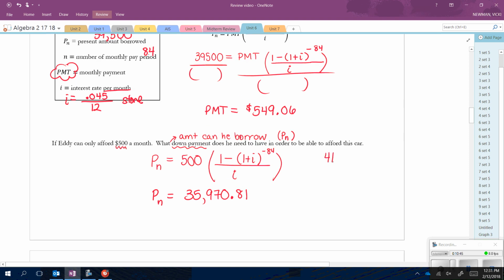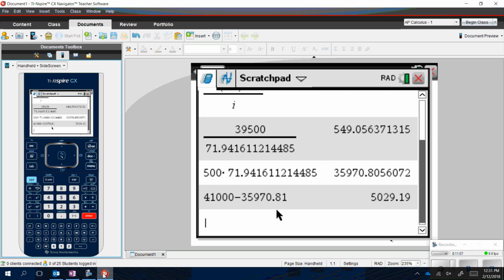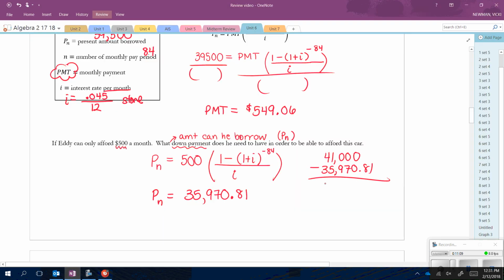So 41,000 minus this amount is what he has to give them in cash to start. So 41,000 minus 35,970.81. $5,029.19. Okay, pretty big down payment on a car at least. All right,